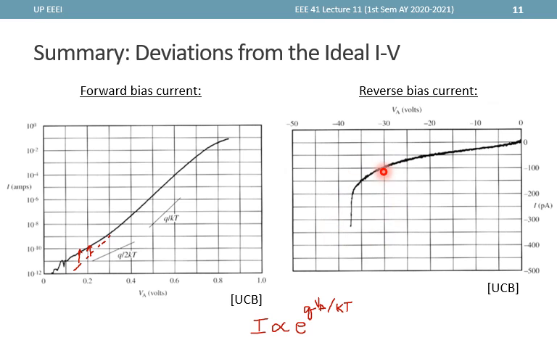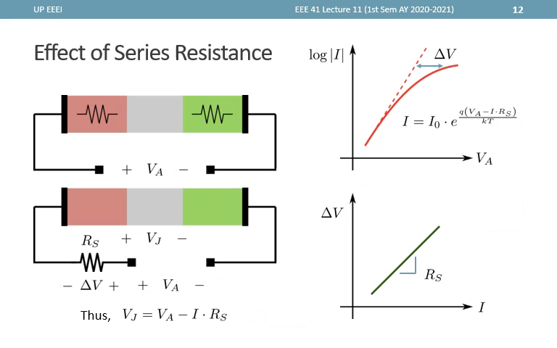This also shows some breakdown, and this sloping down here is something we have not yet explained so far, and that is actually related to the series resistance. Now let's say we have this diode here where we apply some voltage, and as we increase